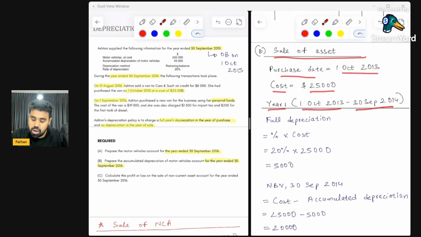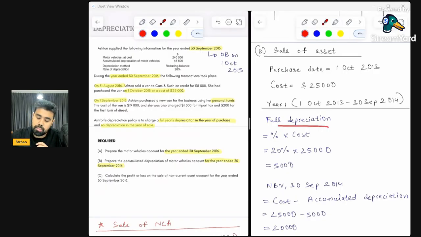We understand, based on the company or business policy, that we are to apply a full depreciation in the year of sale, which is explicitly mentioned in the very last paragraph of the question. Full depreciation in the year of purchase can be calculated by multiplying the given percentage with the original cost. The given percentage is 20, which is given in the first paragraph. Here you will see the rate of depreciation is 20%, which I'm just highlighting in red. You can see, okay? So that's being multiplied with a cost of 25,000, which gives us $5,000 as the full